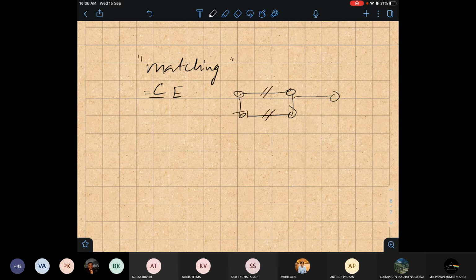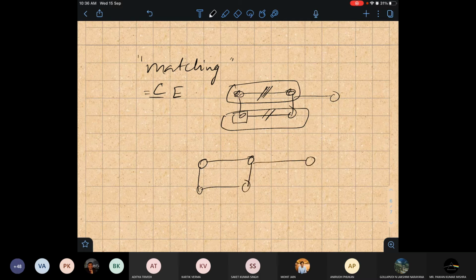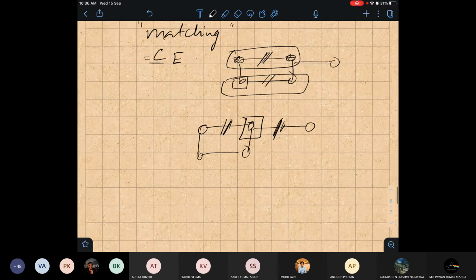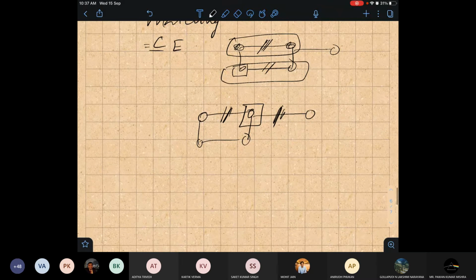Can I pick this? Since I have chosen these two edges, they have one property: they don't share endpoints. So this is a matching in this graph. Matching edges will not share endpoints. I cannot pick these two edges and say it is a matching, because they share an endpoint. So matching is a set of edges which does not share endpoints. So matching is clear by definition.